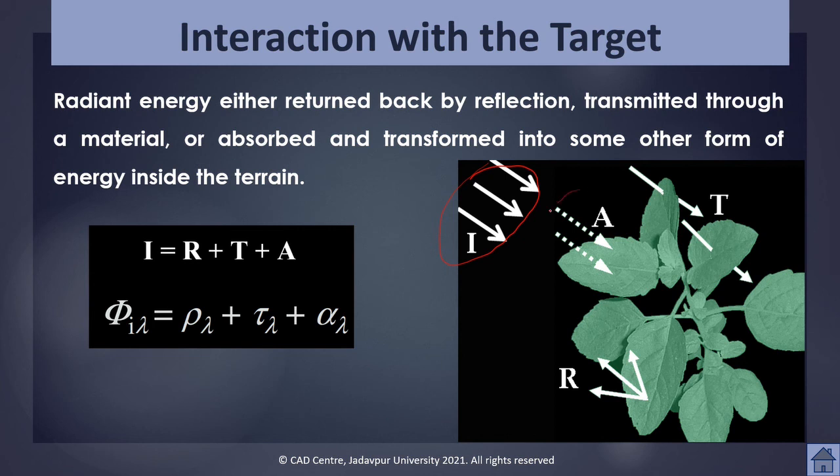Some amount of incident energy will be absorbed by the Earth surface material. Some amount of energy will be transmitted through the Earth surface material, and some amount of energy will be reflected back. The radiant energy must be conserved. That is, it is either returned by reflection, or transmitted through a material, or absorbed and transformed into some other